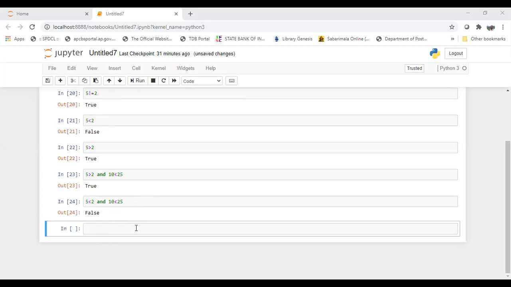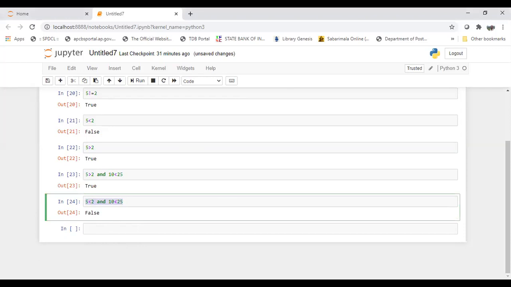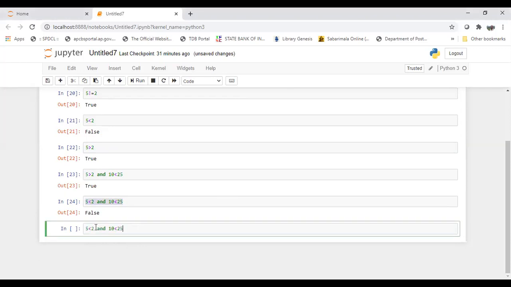And here, how to use OR? You can take the same expression and make it OR, and we get True, because any one condition is true. Here also, one interesting fact is that whenever one condition becomes true, it will not evaluate the second condition, because if any condition is true, the result becomes true.